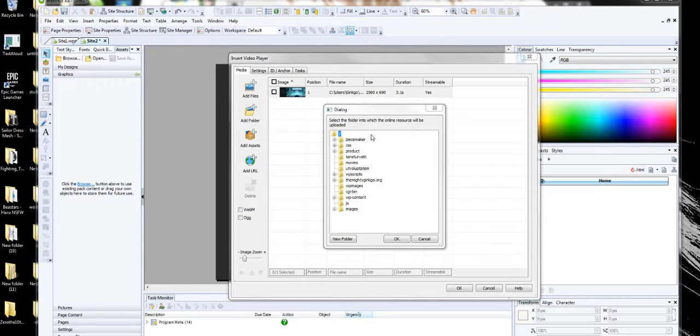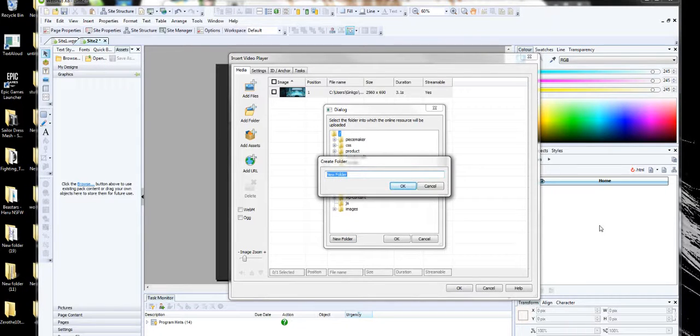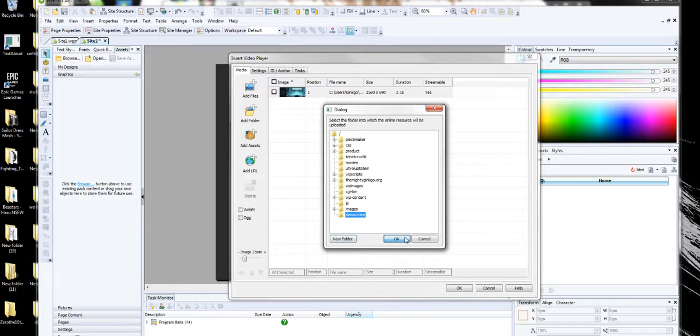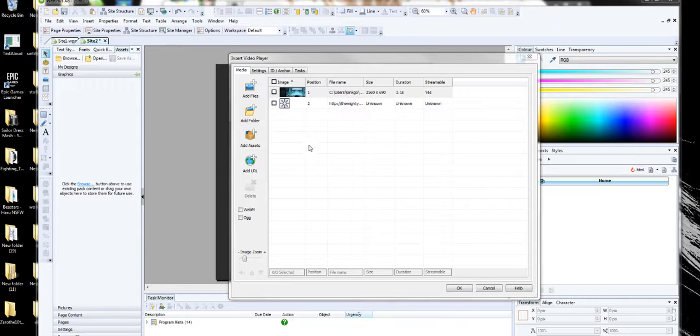Okay, when you go here to your storage, it will ask you where do you want to save your stuff to. You can create a new folder inside here and just call it whatever you want. I'm just going to call this demo video, and then we're going to save it in there, and I'm going to hit OK. Now I'm going to pause it again because it's going to show my information. So no. Okay, so now we have the video in here,